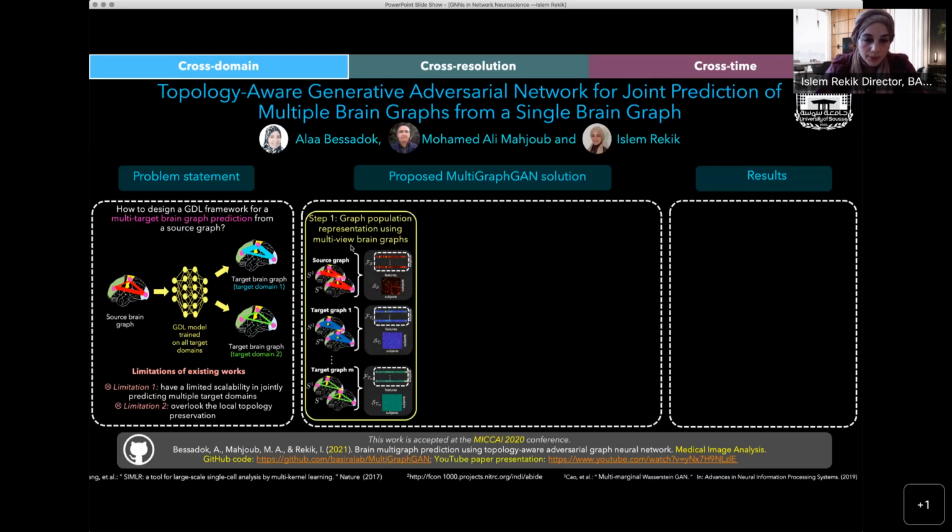So what we proposed here is to use a graph convolutional neural network. Basically in this problem formalization, first, we have a set of source graphs, so for n subjects, S1 to Sn, and this is for training. We also have a set of target graphs across m domains. So for each population here, and these are of course the same subjects, okay?